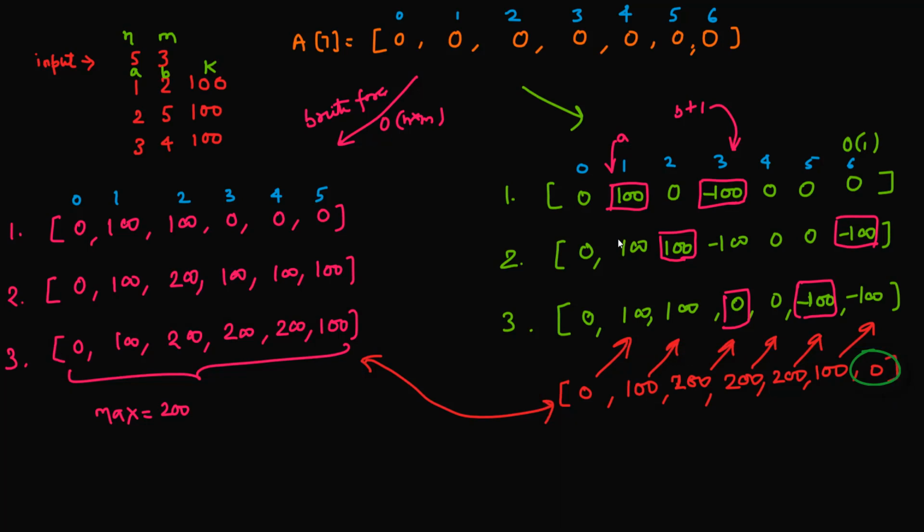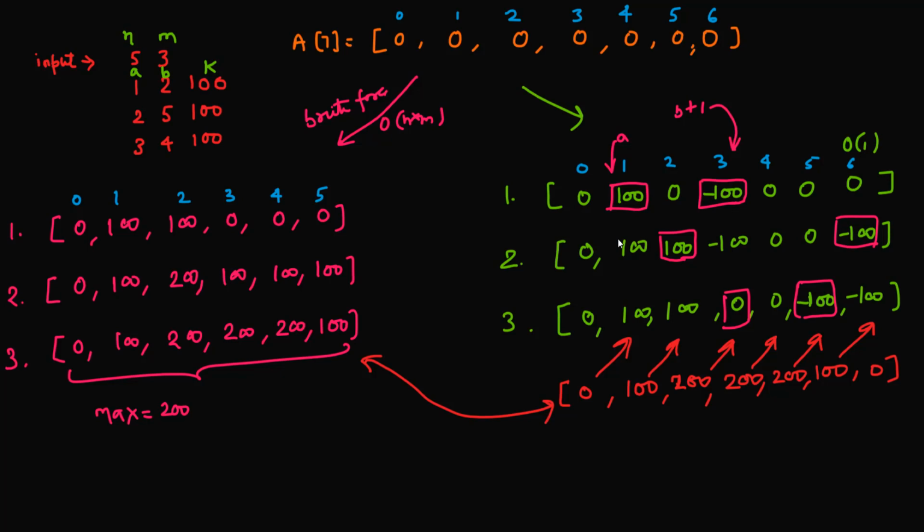Why? Because we have taken extra indices. Why have I taken extra indices? Because I don't want array index out of bound exceptions. Either you need to deal with that condition explicitly, or you can just take one extra element. So you can see after applying that algorithm, I am able to get this. And after that, what do we have to do?